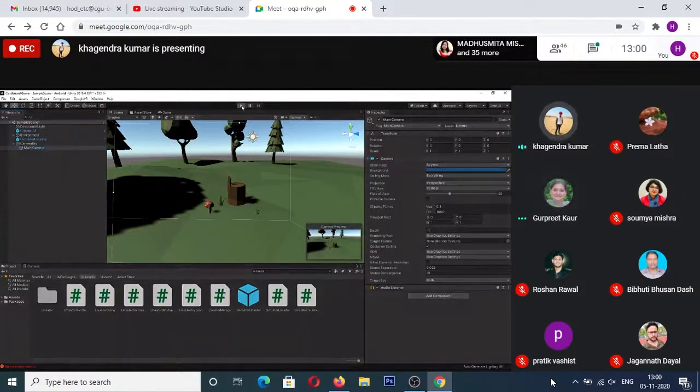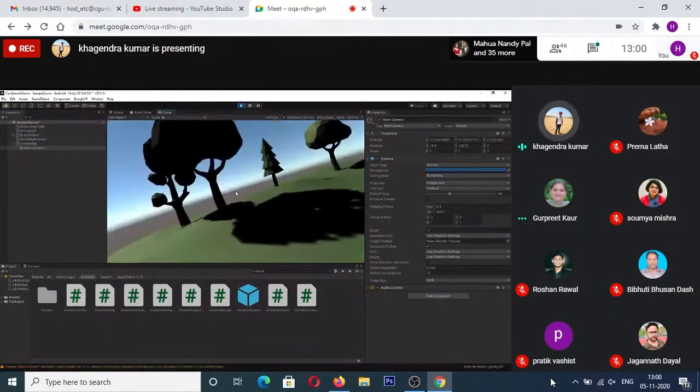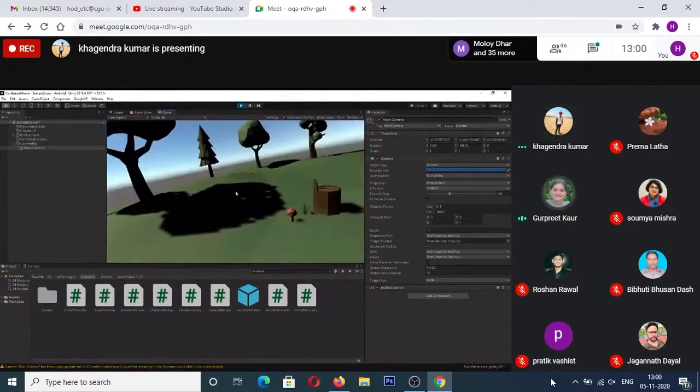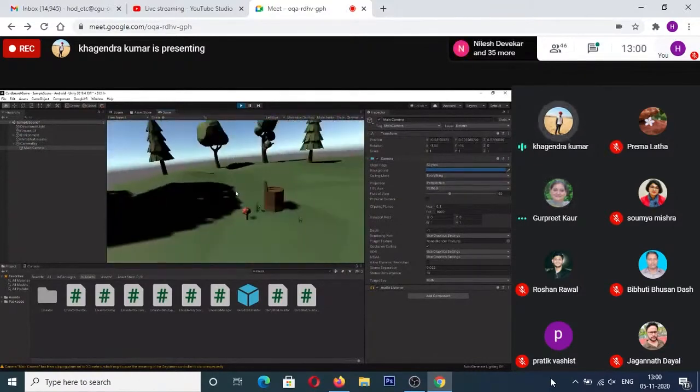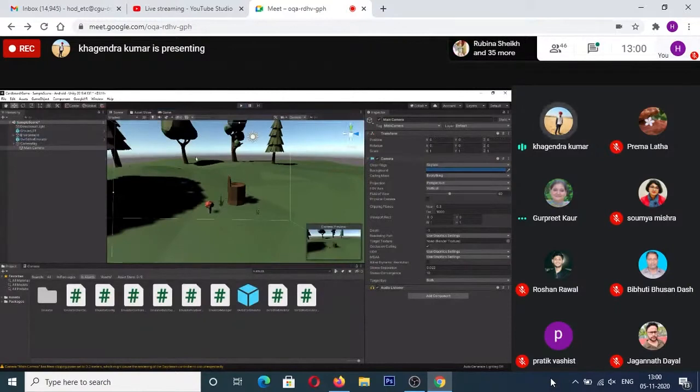Now, if I play it, I can see this VR system completely set up. If I press Alt, I can see from this scope. Now I can see it from this angle, and I'm not under the ground to see the scene. There are a few more things that need to be done. Now, technically your VR scene is ready.